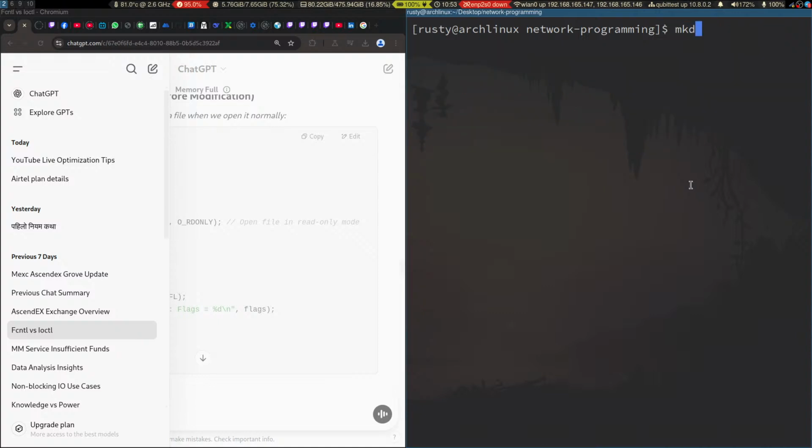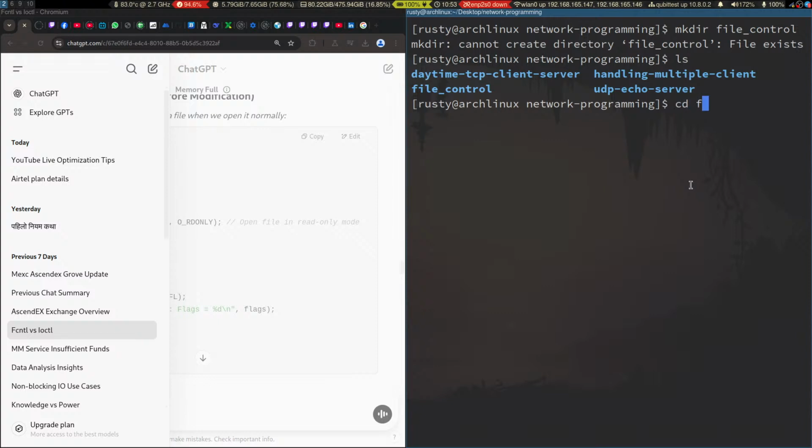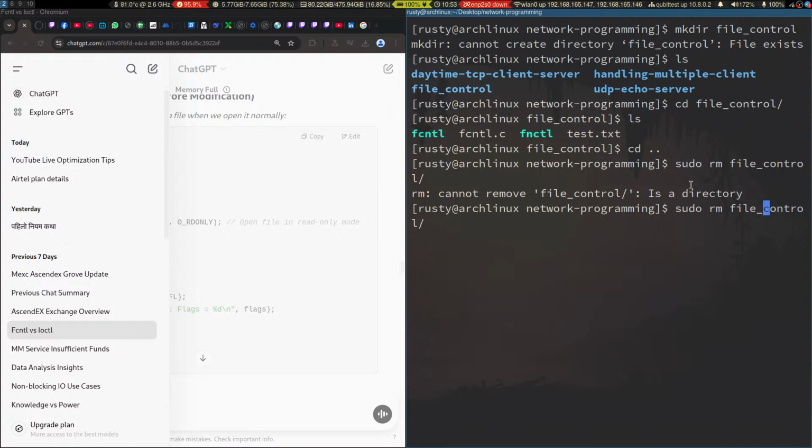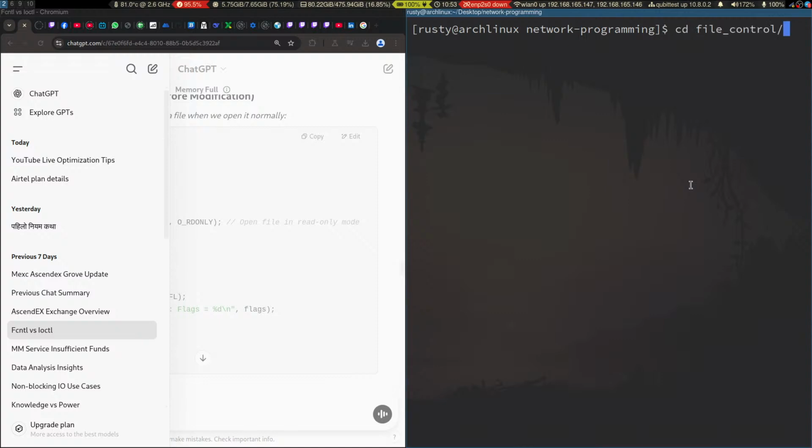Let's create one directory called file control. It exists. What the heck is going on here? It's not deleted. Oh, okay. Now it is deleted. So let's create the brand new folder,